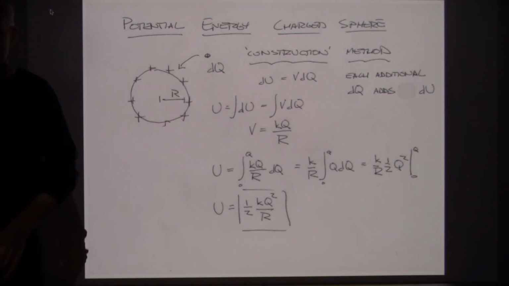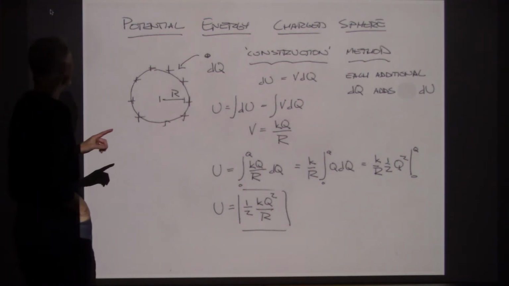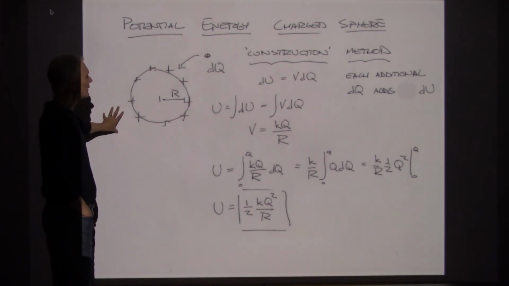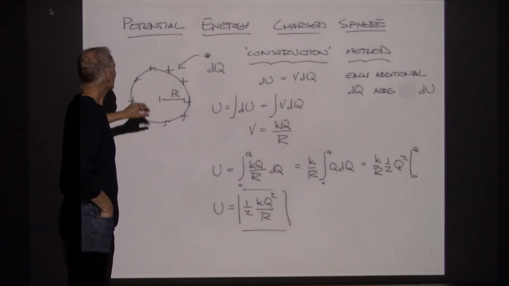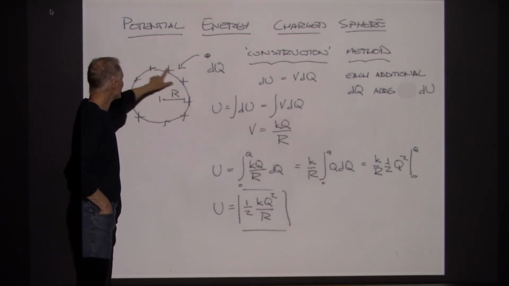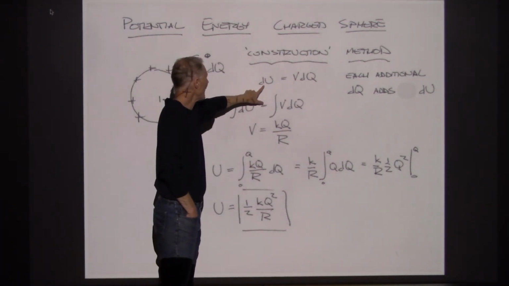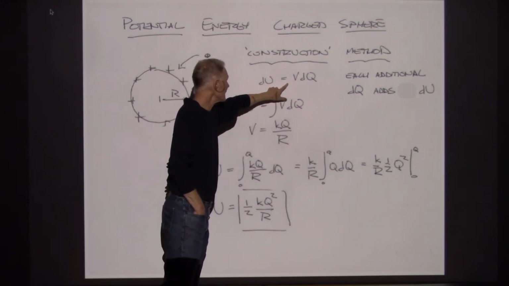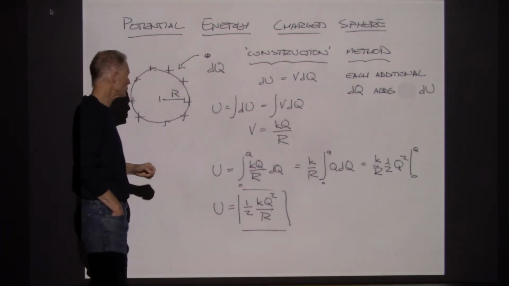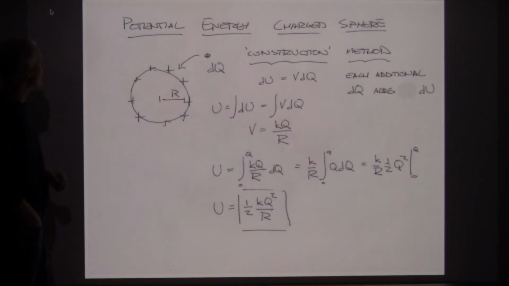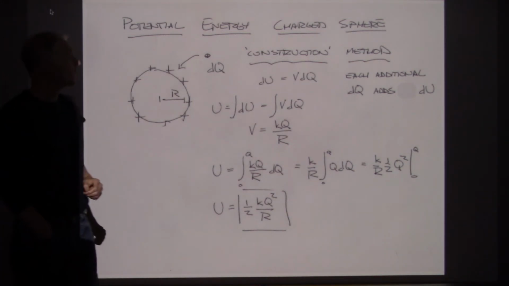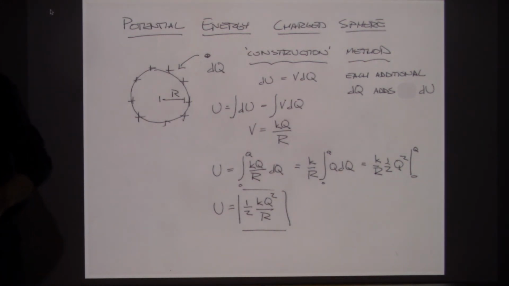Now, this example, and I think I'm going to move through this one too. I don't think I'm going to go through this. So this is a sphere that's going to be charged just along the surface, and it's showing how much energy it's going to take to bring in each additional piece of charge. And in the end, we can calculate how much energy is stored there. But I think I'm going to move on to some other